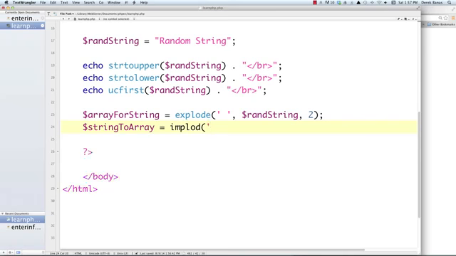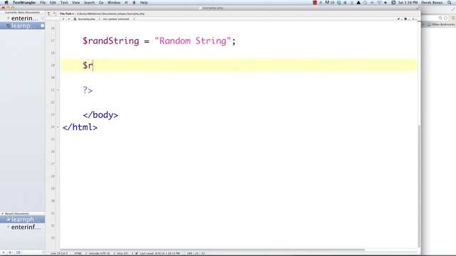And again, you have to define what is going to separate all of the different parts that are in the array, and then you're going to pass inside of it array for string. And in that situation, you don't have pieces, and make sure you spell implode right. If you wanted to just find part of a string, let's just go part of string, you would use substring